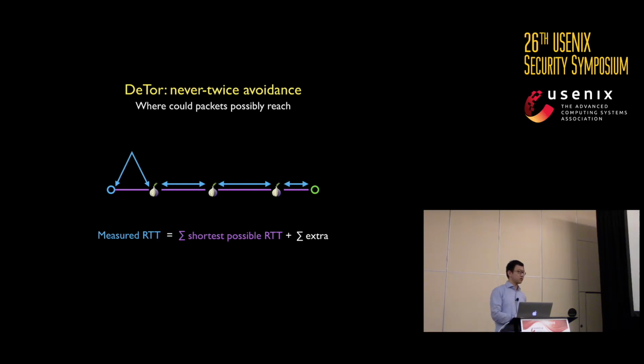Let's consider one extreme case where all the extra latencies are concentrated on the entry leg of the Tor circuit, such that the other three legs all achieve the shortest possible round-trip time. And the entry leg itself will achieve an upper bound round-trip time for that link. Similarly, if we have all the extra latency concentrated on the exit leg, we'll have this upper bound round-trip time for the exit leg.